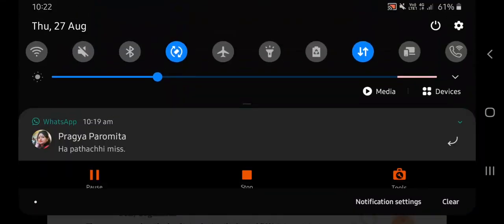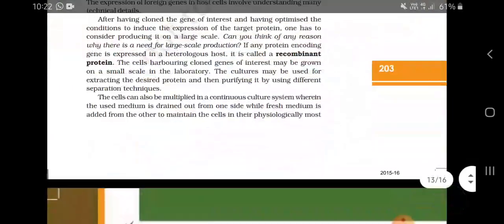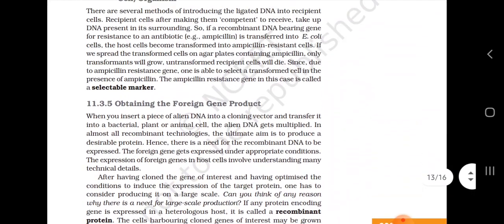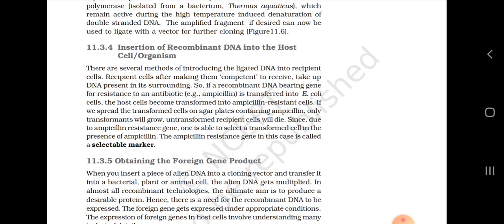Ligation of the DNA. Next we will come to the ligation of the DNA fragment into a vector. Now, the vector DNA and the source DNA are cut with the same endonuclease to obtain the sticky ends. These are then ligated by mixing the vector DNA, the gene of interest, and the enzyme DNA ligase to form